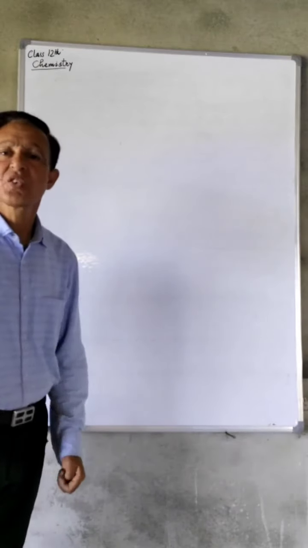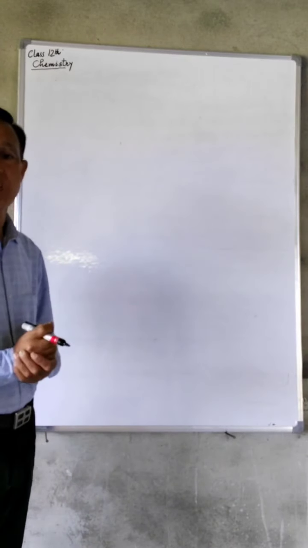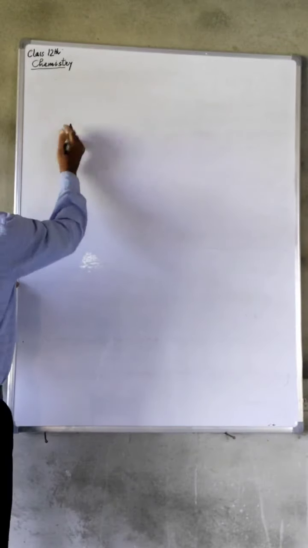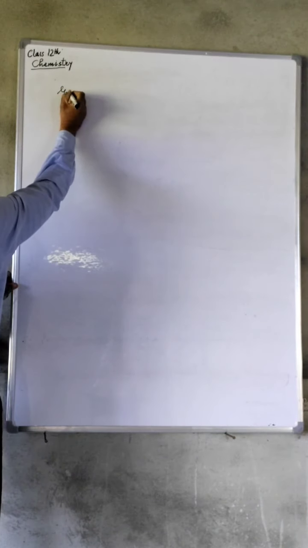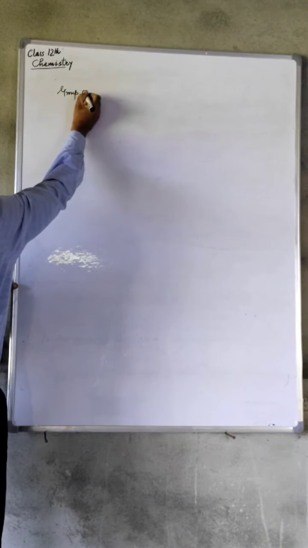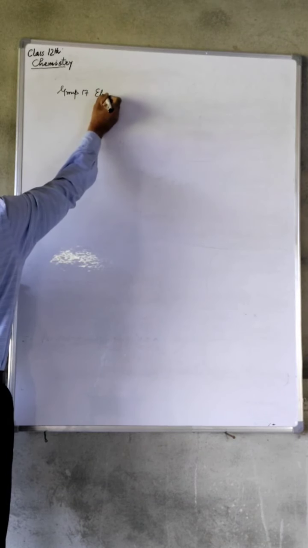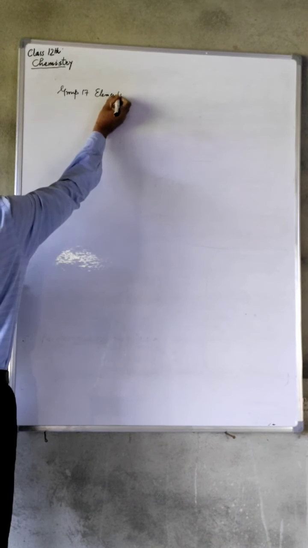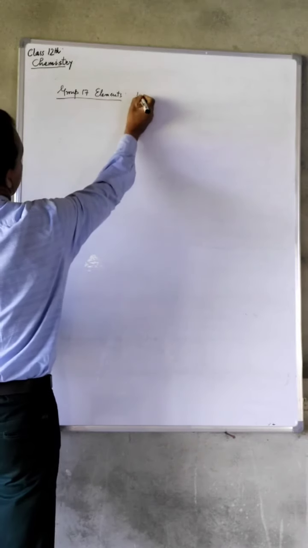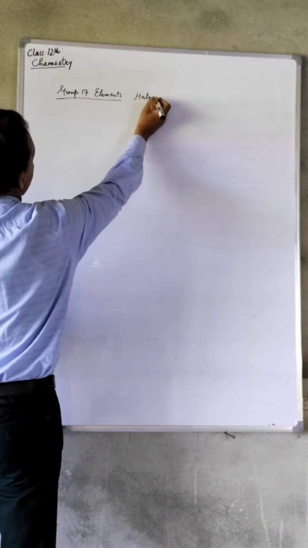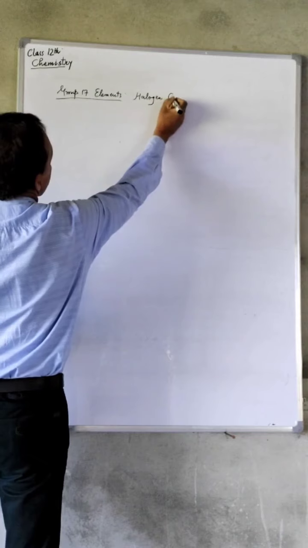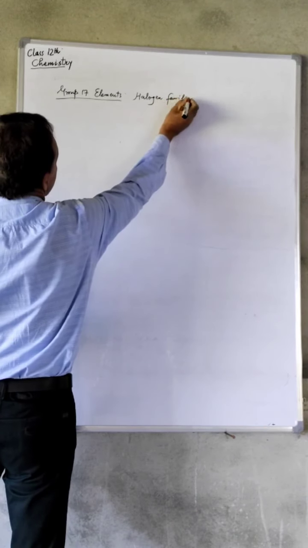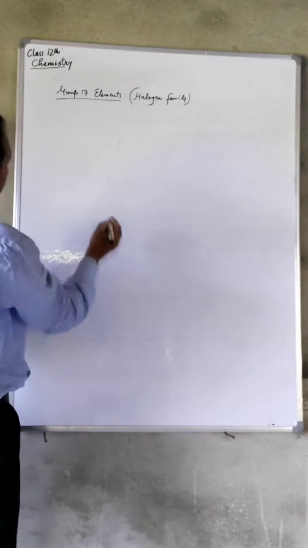Dear students, today we will continue with the halogens, the group 17 elements, the halogen family. So the elements of the group are